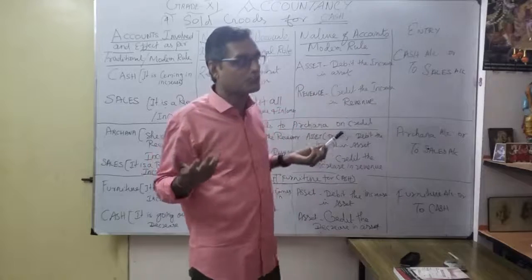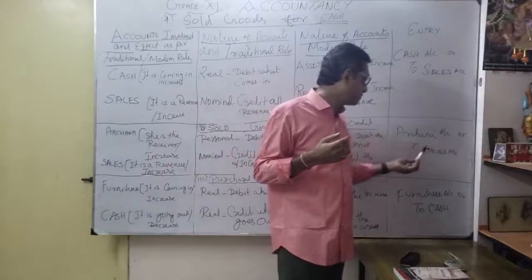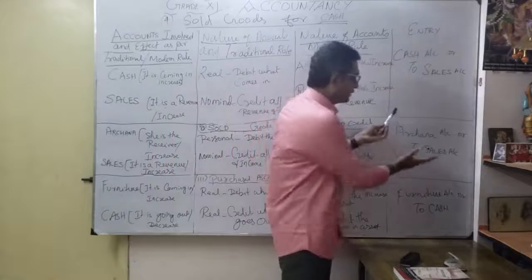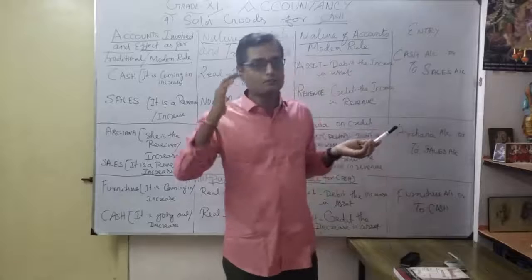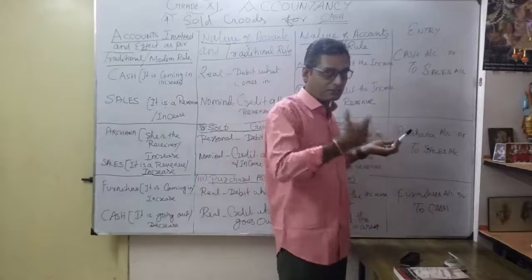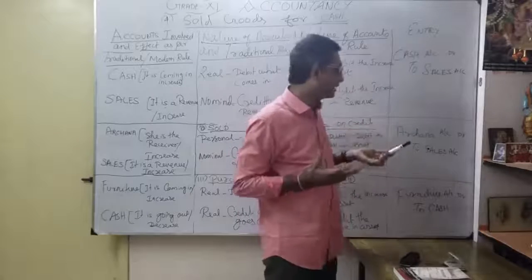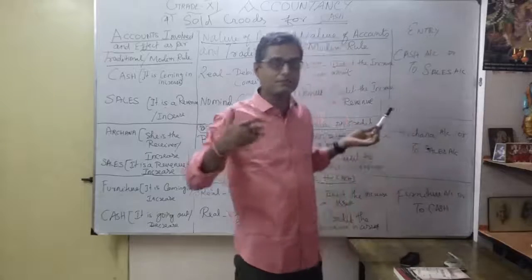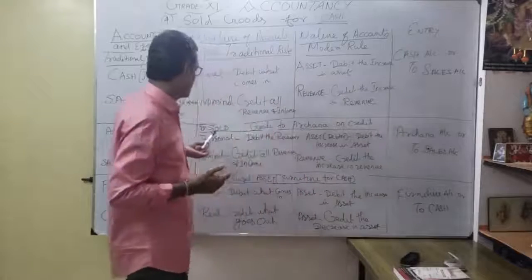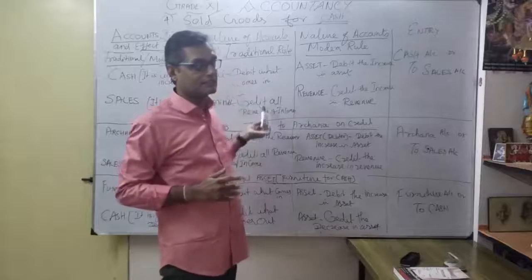So actually you know how to form the journal entry here. Archana account debit to sales account. Once you see this journal entry, immediately it should come to your mind that it is a credit sale. Later on, with practice, it will come. Understood? That is goods sold on credit, a comparison between our traditional and modern approaches.